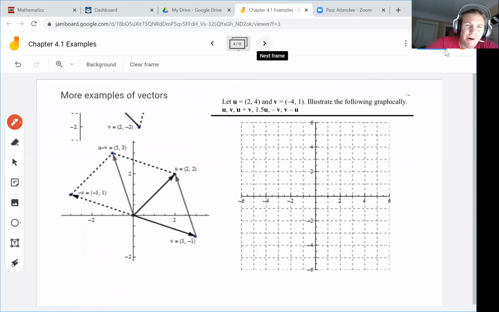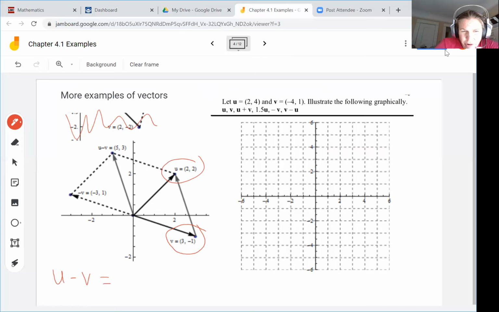All right, this part up top is just where my picture overlapped when I was screenshotting. So that's the bottom of the previous page. And so here now in this left-hand picture, we've got vector u with terminal point 2, 2, and vector v with terminal point 3, -1. So if we do u minus v,